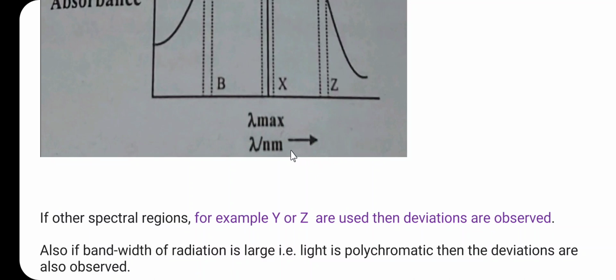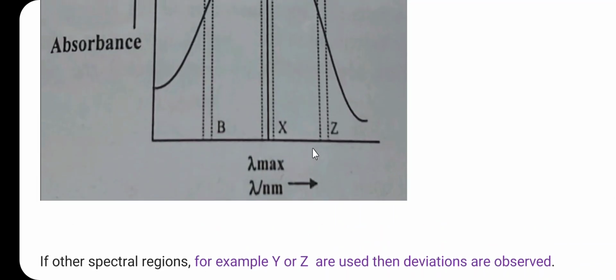So, friends, the extent to which a sample absorbs light depends on the wavelength of the light. This is very important in the case of a colorimeter. The wavelength at which a substance shows maximum absorbance is called the lambda max, and the lambda max value is important for several reasons.